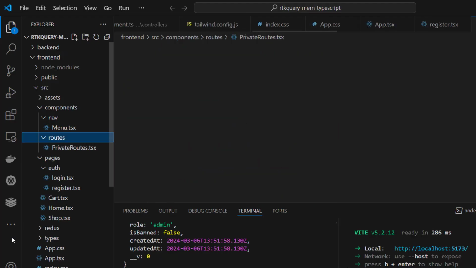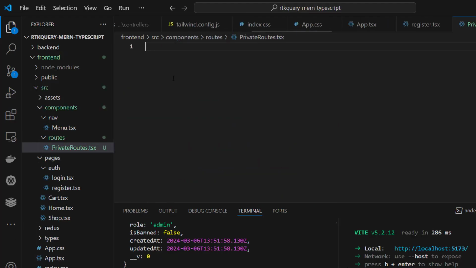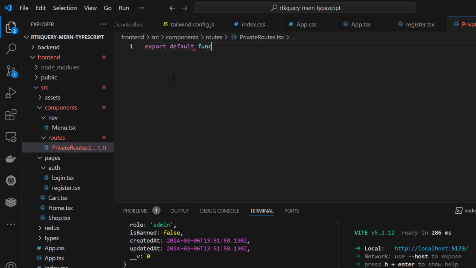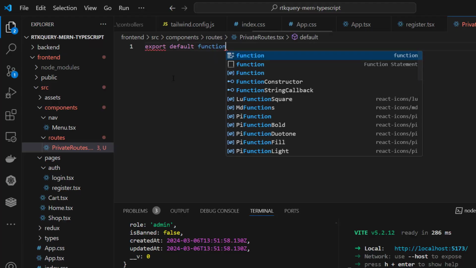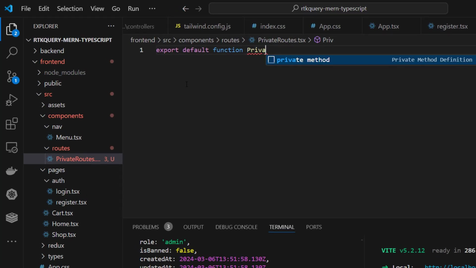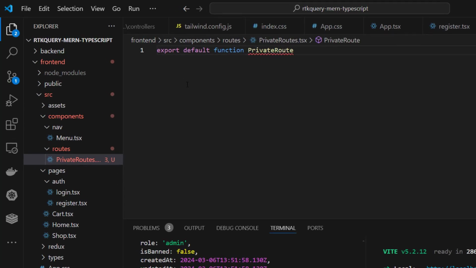So in the private route, what we need to do: export default function PrivateRoute,